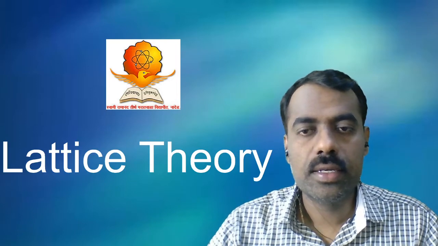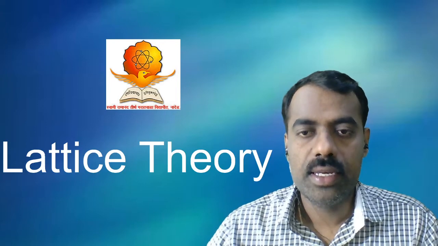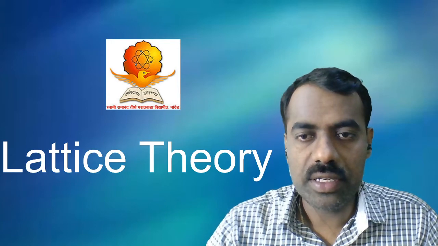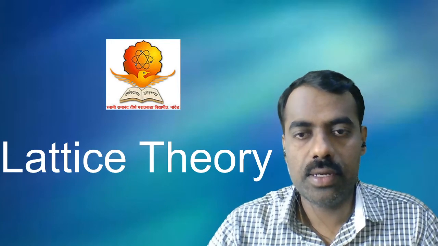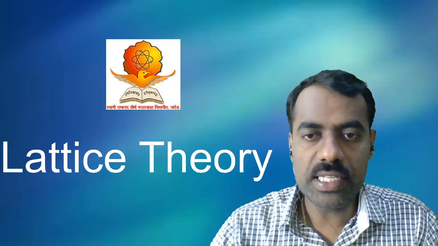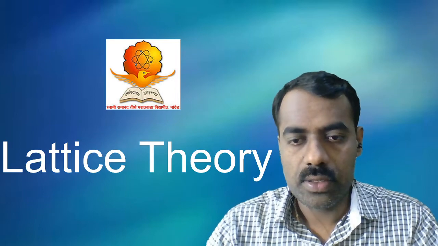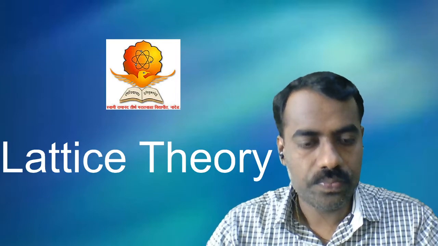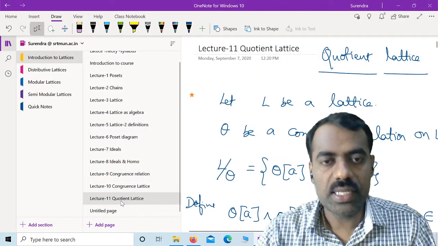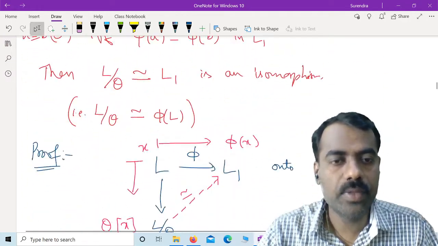So in this lecture we will discuss another result, a continuation of yesterday's lecture, on congruence relations on a product of lattices. Then we will see an important type of lattice called a complete lattice. So let me go through this now. If you go to yesterday's lecture, where we stopped is the following result.